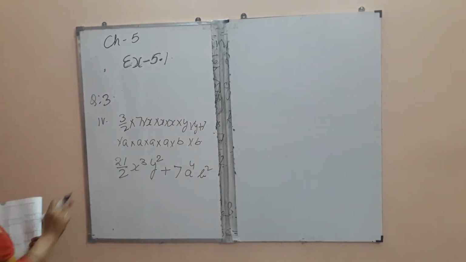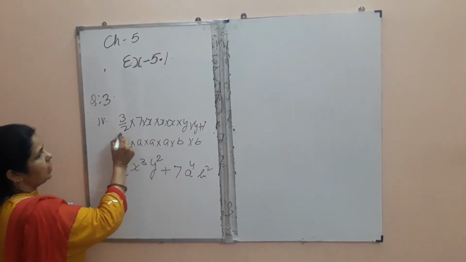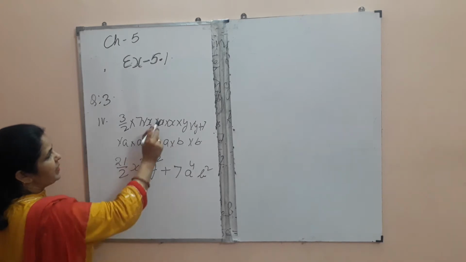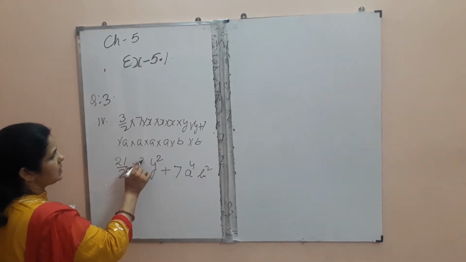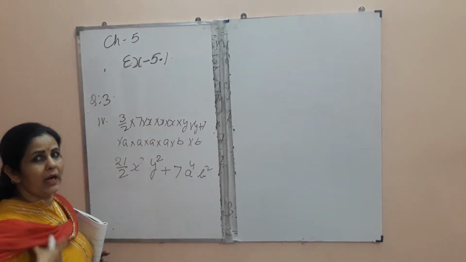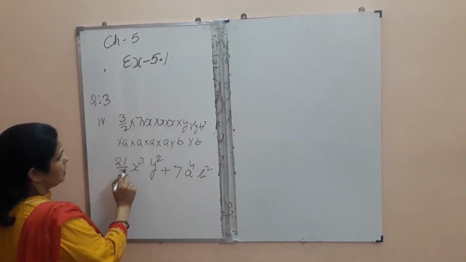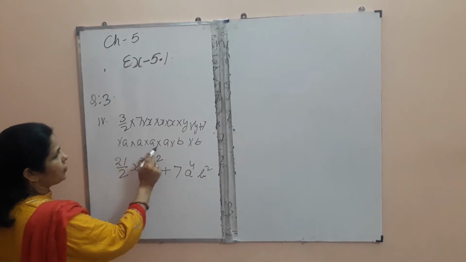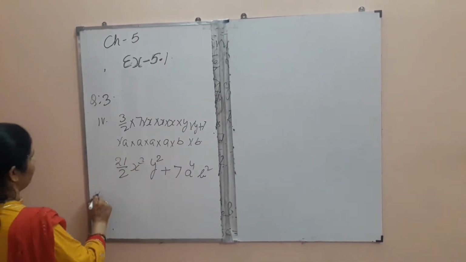So the numbers we will multiply. The fractions or numbers or constants, you can say, we will multiply, and we will give powers to the variables. As many times as the variables are there, we will give them their power according to that. So x 3 times is x cube, y 2 times is y square, plus 7 a 4 times is a to the power 4, and b square. Same way we will do the fifth also.